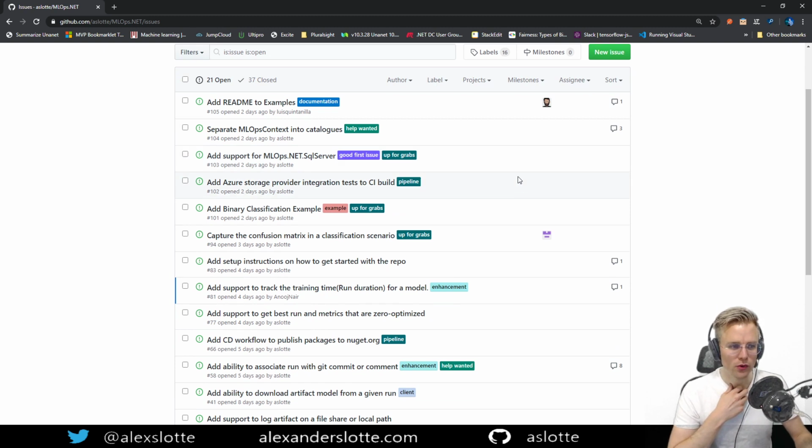I think an obvious one to look at is moving MLOpsContext into catalogs, to make it more structured and make more sense as well. That's probably a good one. What we can also do is the binary classification example, adding that to our repo so people can find it and use it and do whatever they want to.